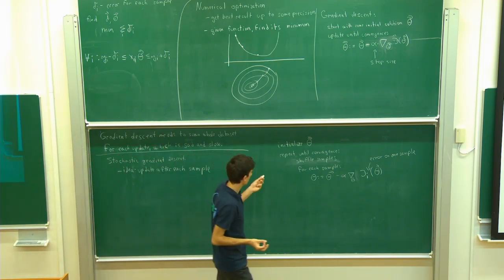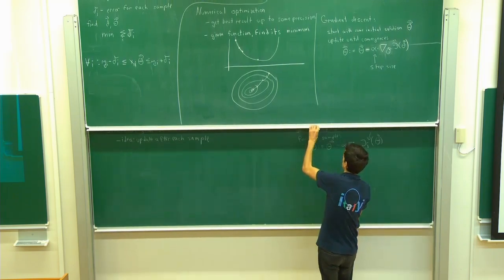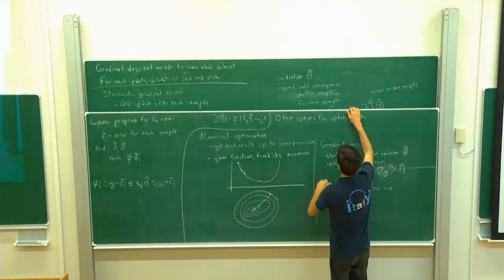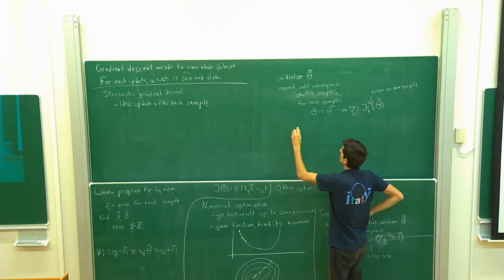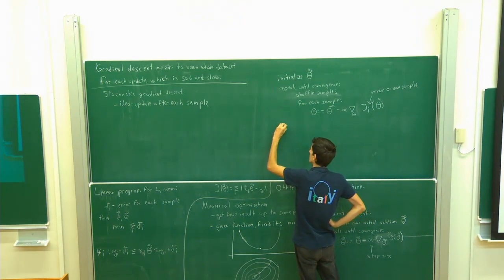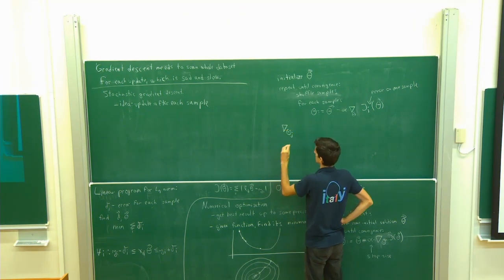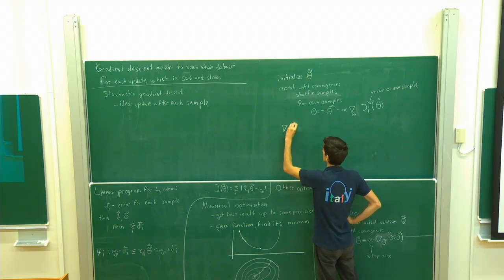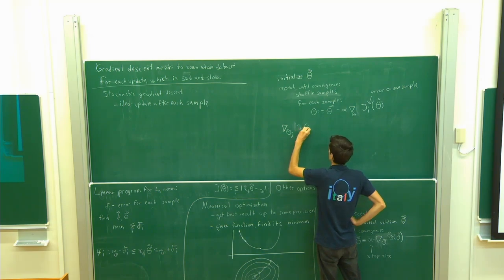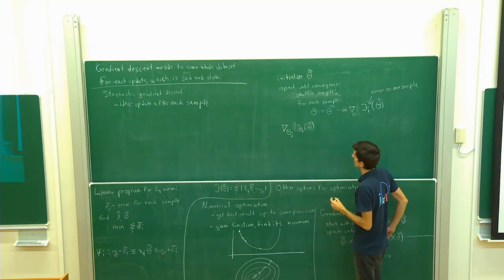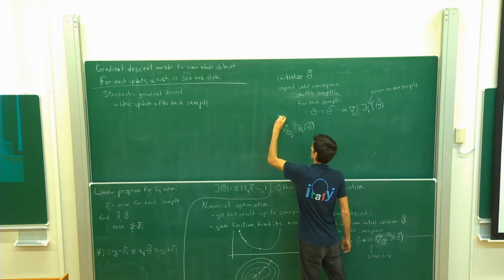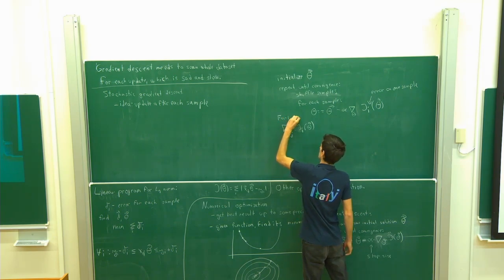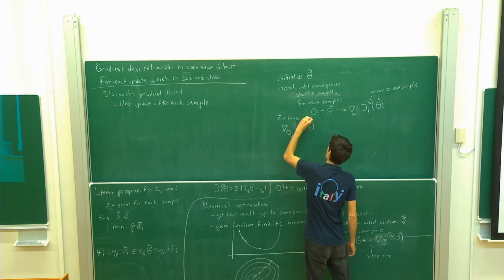So if you recall, the derivative for the attribute with index j, on the example, for linear regression,